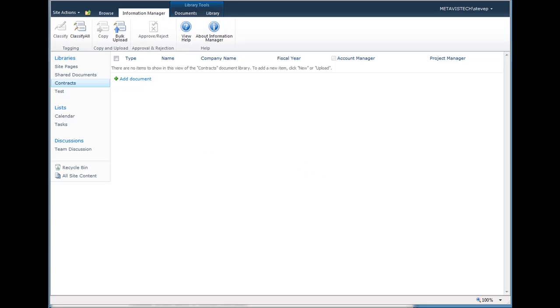The bulk upload feature is intended to allow users to upload many files from their file system at once and to also enrich those files with metadata either directly entered or from the fields that are available in your file system. So the bulk upload button is available in the Information Manager tab, which is installed directly in the SharePoint